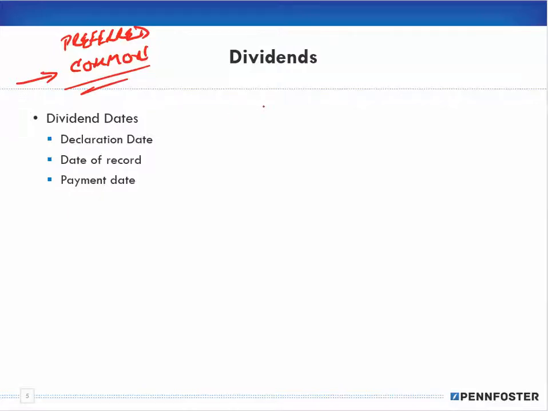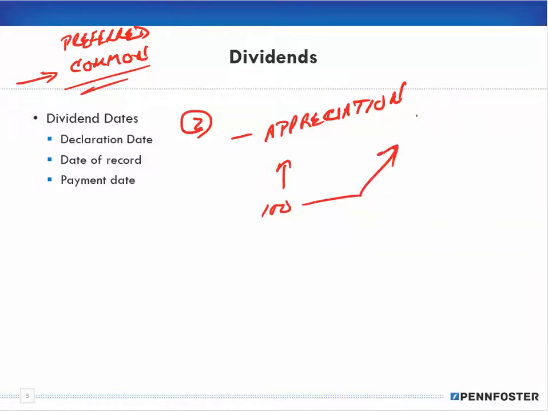But here's the thing: people invest for two reasons. One is they invest for appreciation, and appreciation means the value going up. So with the stock, if the stock's price is at 100, they're looking for the price to go up to 110, and they'll capture that $10 of appreciation by buying the stock at 100 and then selling at 110. That's what they're hoping to do, so that they can get a return on their investment.